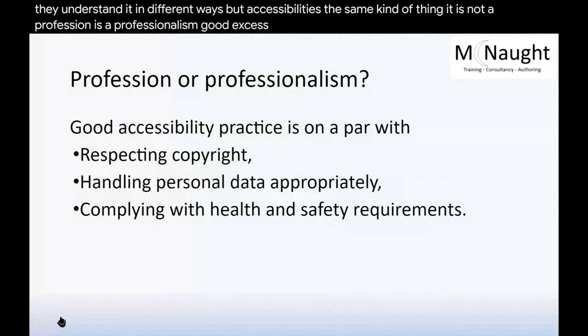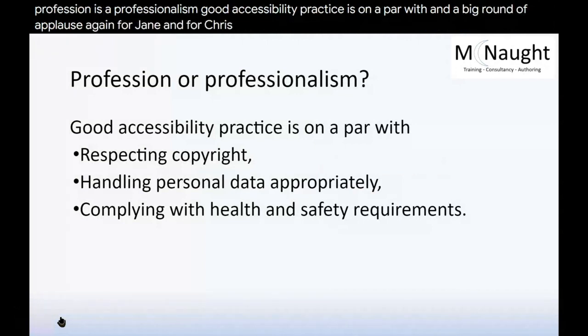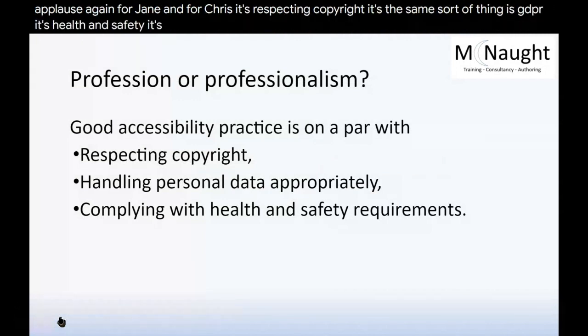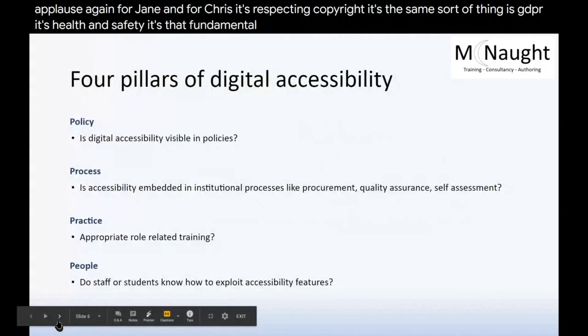Good accessibility practice is on a par with, and a big round of applause again for Jane and for Chris, it's respecting copyright. It's the same sort of thing. It's GDPR, it's health and safety. It's that fundamental. So let's look at the 4 pillars of digital accessibility,